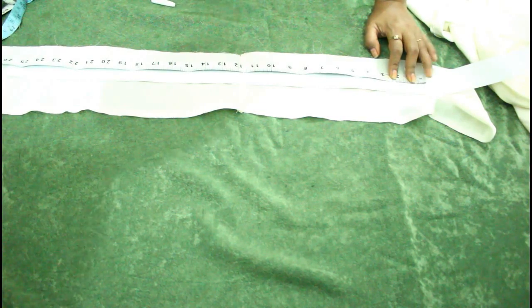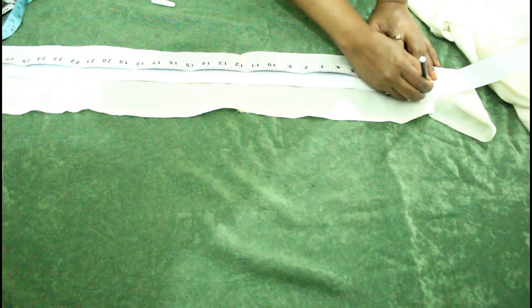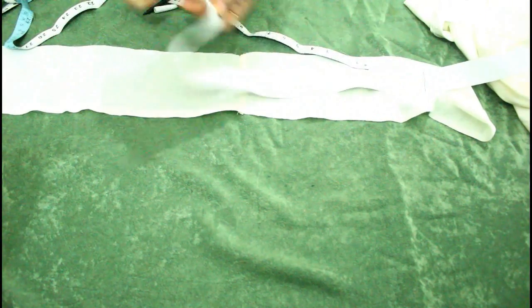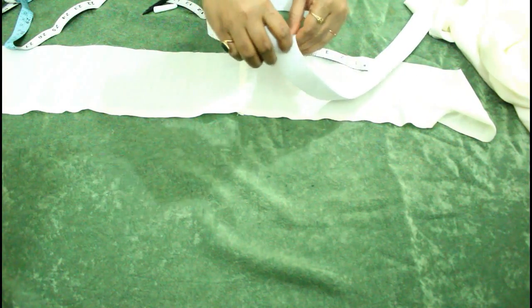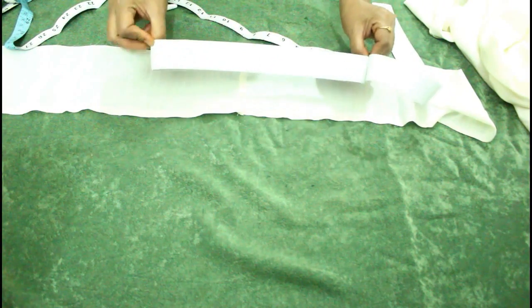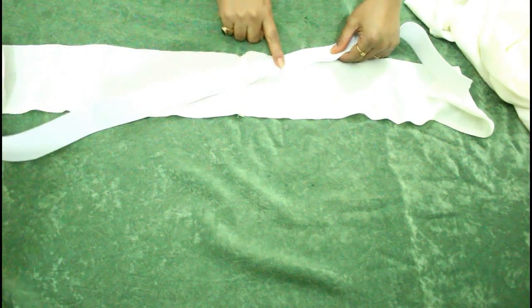Or one more method is there to mark the measurement of your elastic, is like just measure it directly to the waistline. Just wrap it around the waistline, and whatever measurement you want, you can take that much. So that is also a good way to measure the elastic. So I'm going to cut this from here,